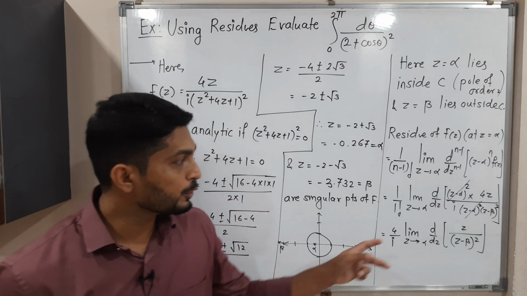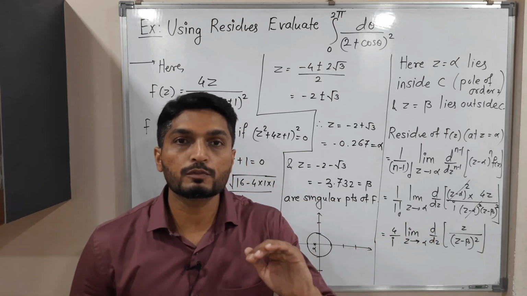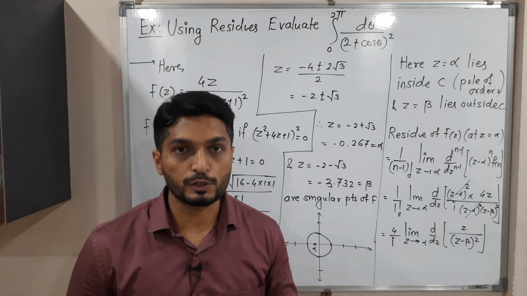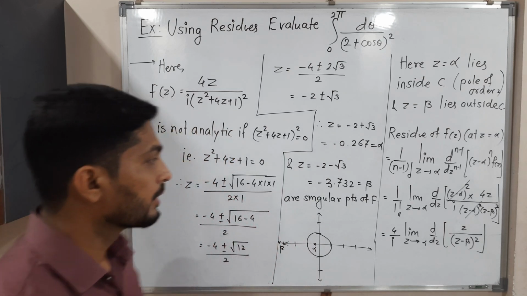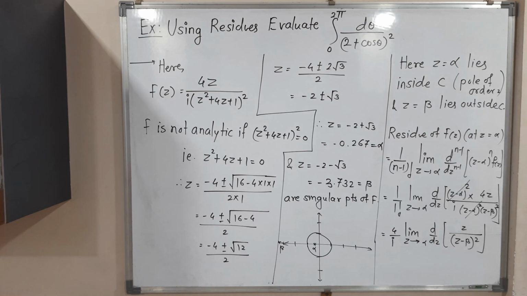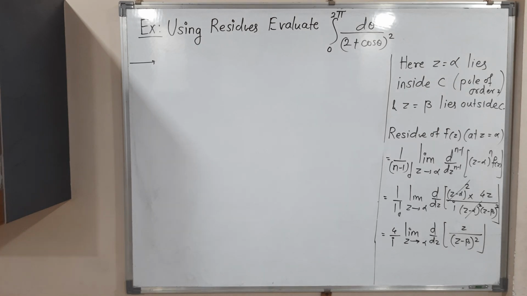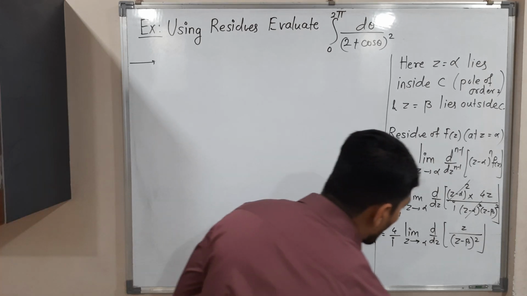But see, we have u upon v form. At the numerator we have some function, at the denominator we have another function. So we have to go for the u upon v form of derivative. Okay, just make a screenshot of it, then I will go further. So let us use the u upon v formula. If you don't know, I should mention here,